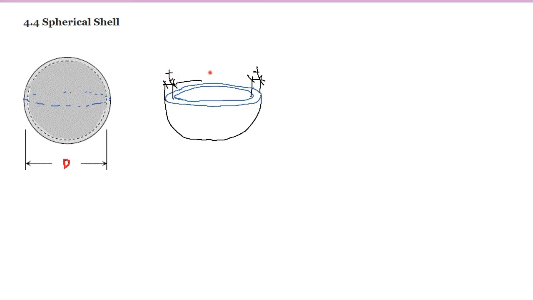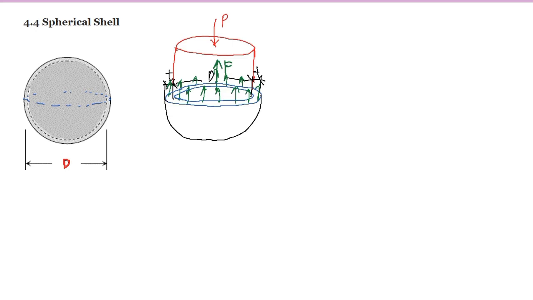And here is the diameter. And the pressure distribution area is the horizontal projection nito, and this would be the pressure distribution area, wherein the total internal pressure will be acting at the centroid of the circle, and this is the pressure P. So dito ay magkakaroon din ng stress sa wall, and ito tong mga to ay pag pinagsama-sama natin will be the total wall pressure, which we will denote as F.